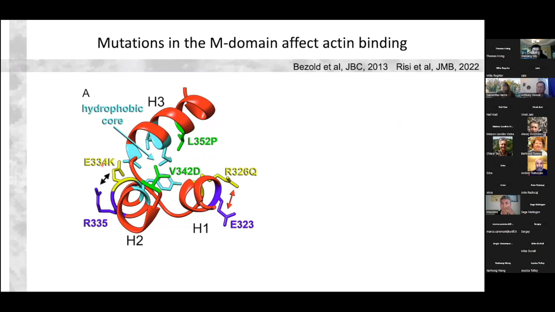So the other thing that we were interested in with the trihelix bundle is that there are mutations associated with HCM here, and I've got 4 of them highlighted. And these are not supposed to really affect interactions with actin per se, but these might stabilize or destabilize the trihelix bundle. And a lot of our work that we'll talk about another time actually has to do with these mutations.